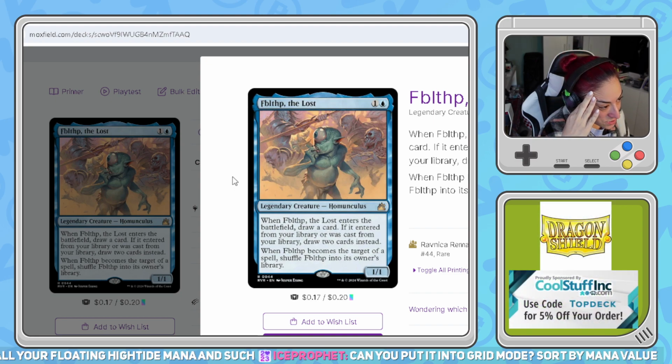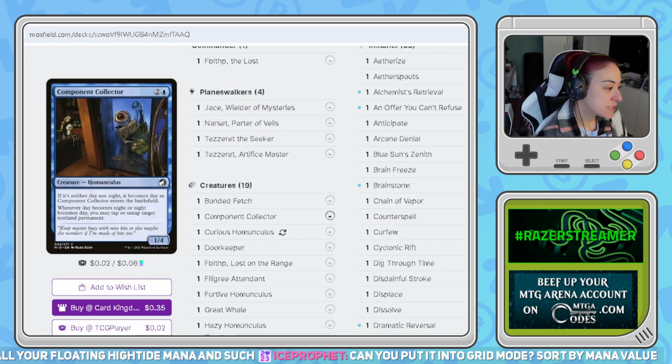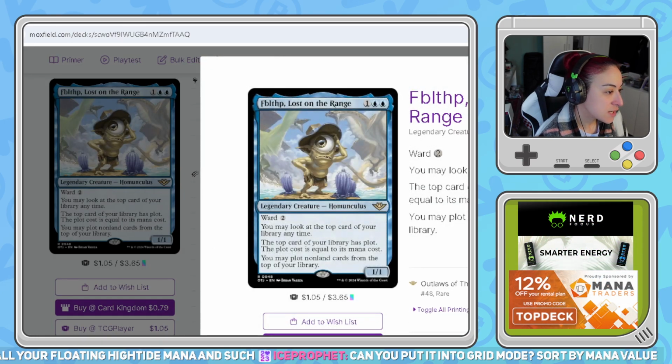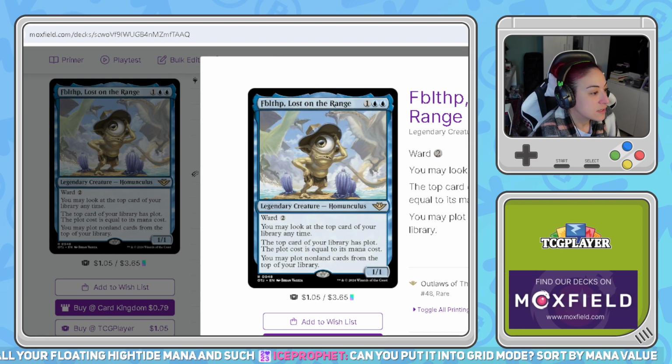When Fblthp enters the battlefield, draw a card if entered from your library or was cast from your library. Draw 2 cards instead. So I want to use Fblthp to find him and draw cards. When he becomes a target of a spell, shuffle him into his library. And what's Lost on the Range Fblthp do? You may look at the top card of your library anytime. The top card has plot. The plot cost is equal to its mana cost. You may plot non-land cards from the top of your library. So, yeah,